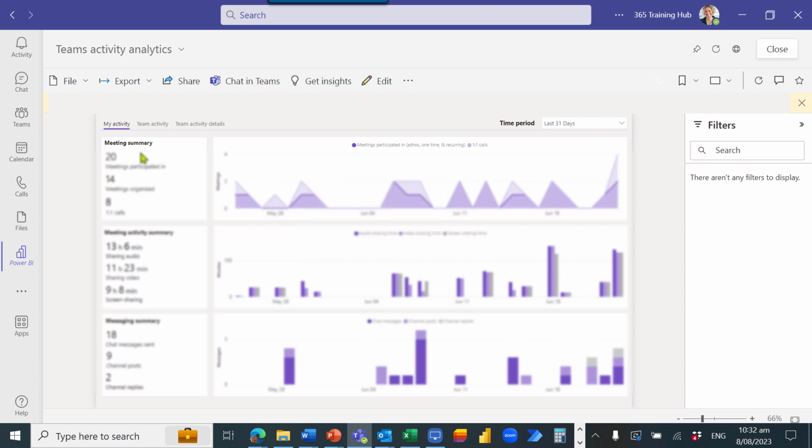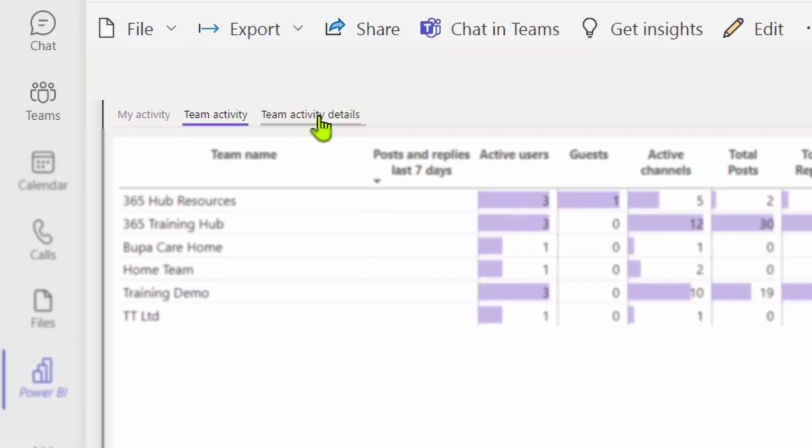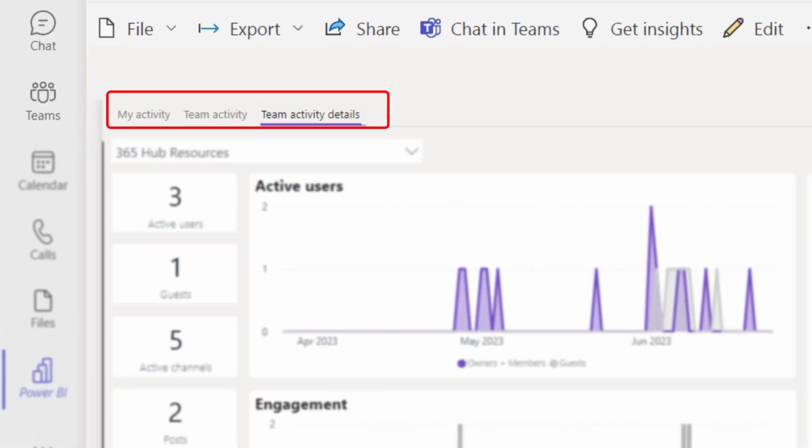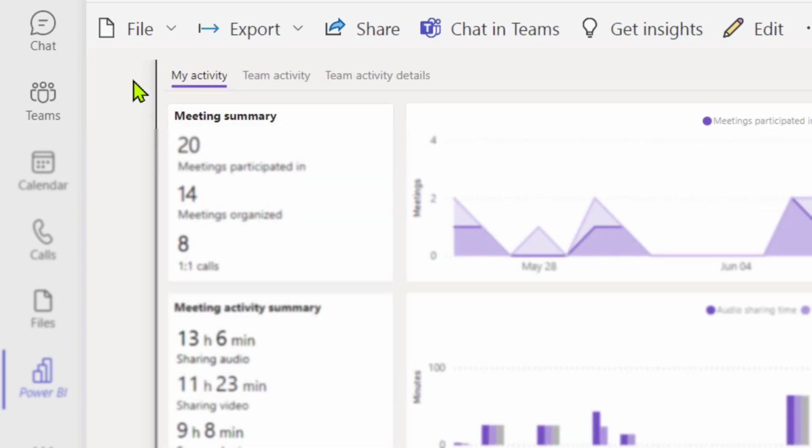The report is yours. As with any of your reports, you can view it in Teams or in the Power BI service. You can edit it, save a copy, or download the PBIX file to edit it in Power BI Desktop. Different reports here for your own activity, the Teams activities, and usage activity across the number of active users, channels and messages, so you can quickly see how many users across your organisation are using Teams to communicate and